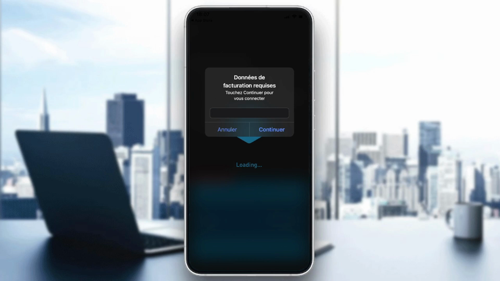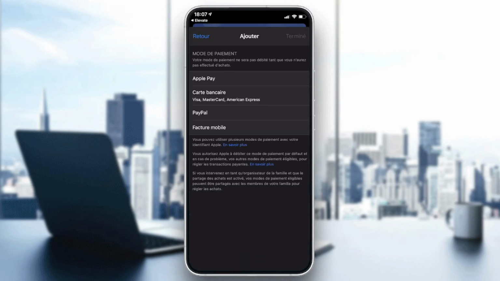So after giving all the information of your identification, they will redirect you here to this window for iOS,